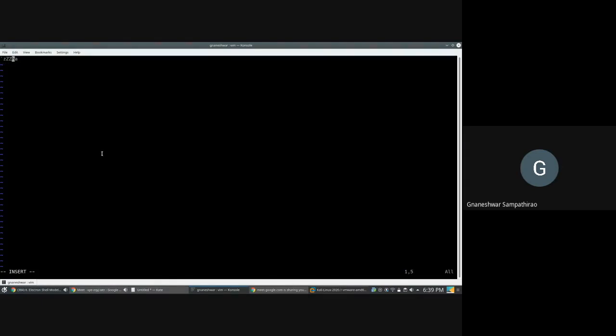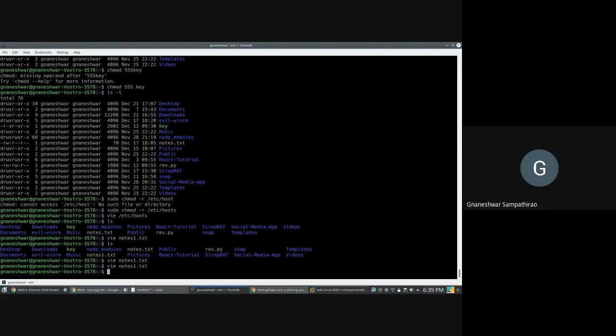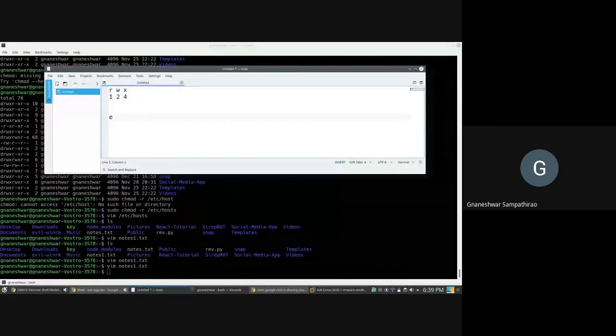Then to go back to the command line interface, saving the changes you have done, you have to press Escape, Shift ZZ. If you press this, then you will be going back.